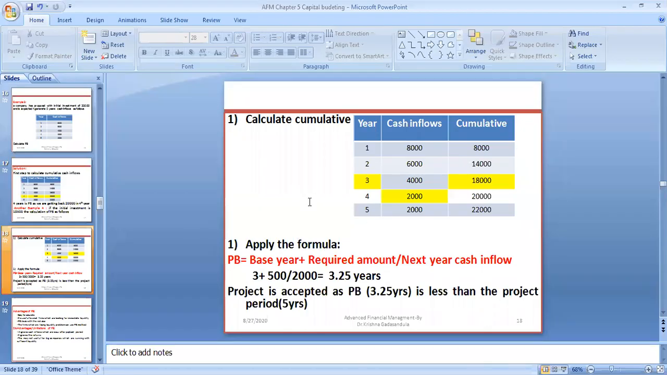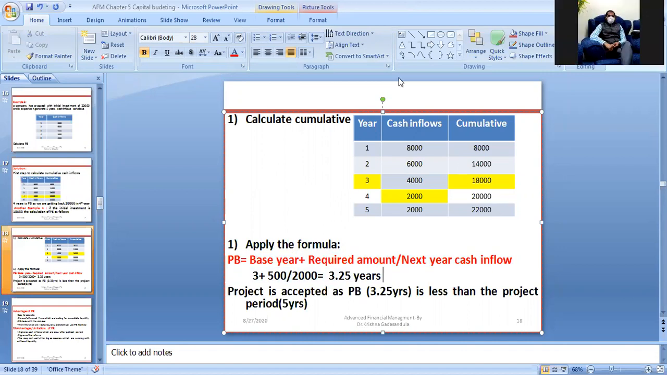So when cash inflows are unequal, when there are different cash inflows, then you have to apply this formula. What is that? Base year plus required amount by next year cash inflows. Required cash inflows. So like this, if you see this